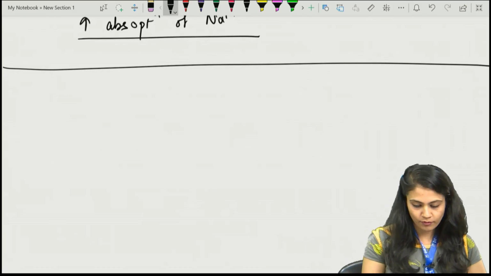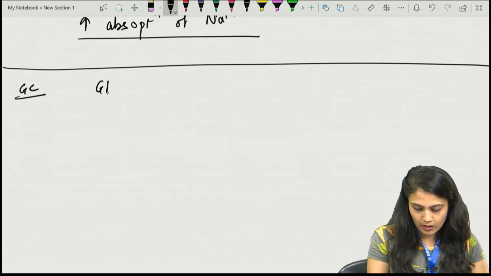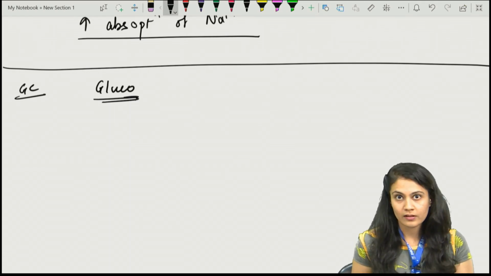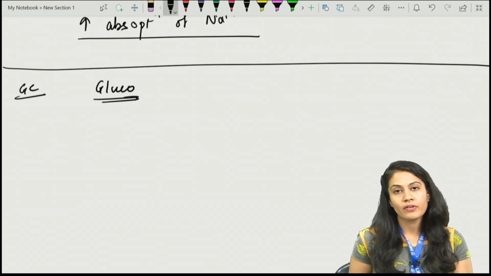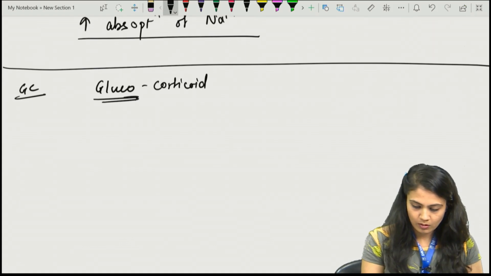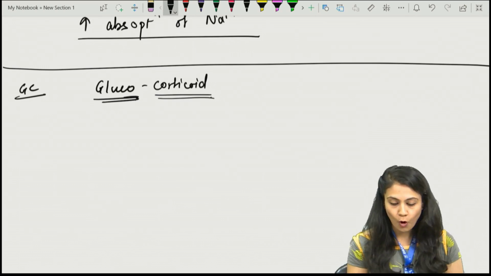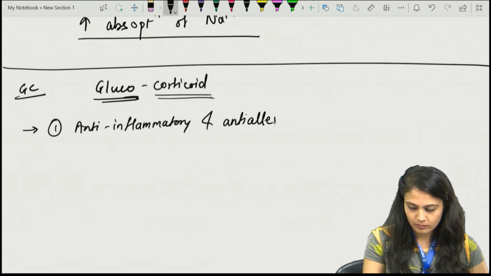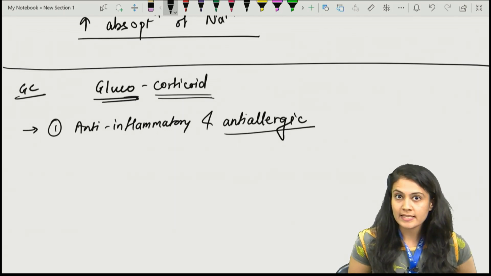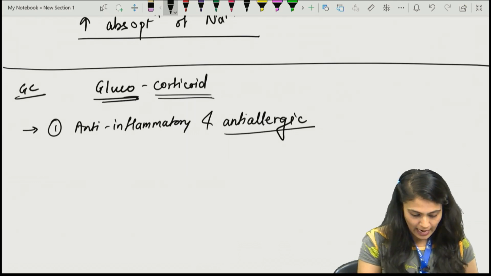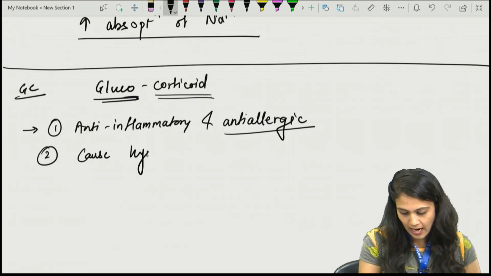So if we have to summarize a few points about the glucocorticoids, it is gluco. The name itself suggests that it will increase the glucose level. Corticosteroids or cortisol are released into the blood when we are in stress. When we are in stress, we need more energy, so we need more glucose, and this glucocorticoid helps us to give that energy form. So first of all, they are anti-inflammatory and anti-allergic, because in stress we have to concentrate on our problem rather than the inflammation and allergy. So they are helping us, and as the name suggests, they cause hyperglycemia